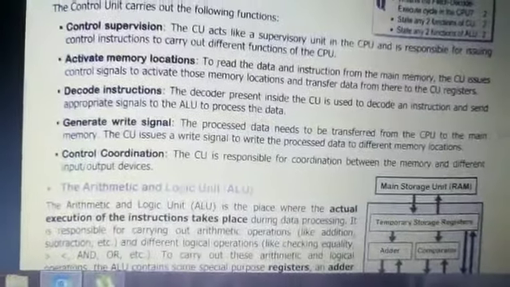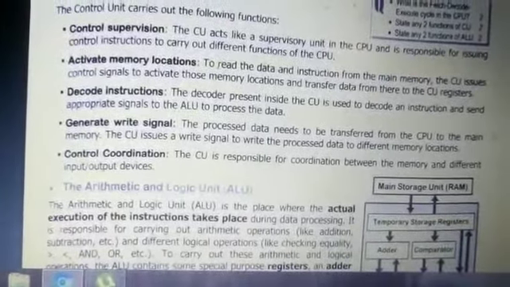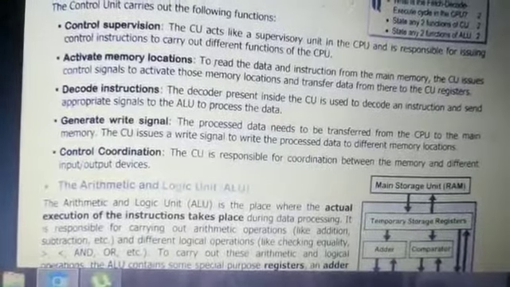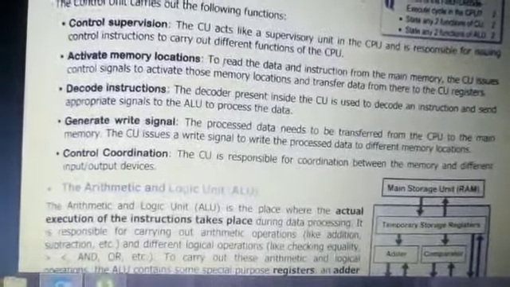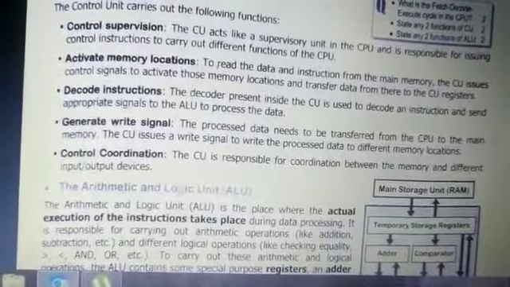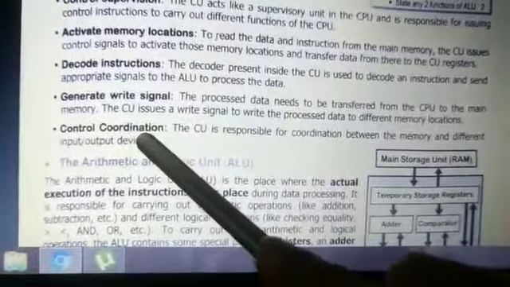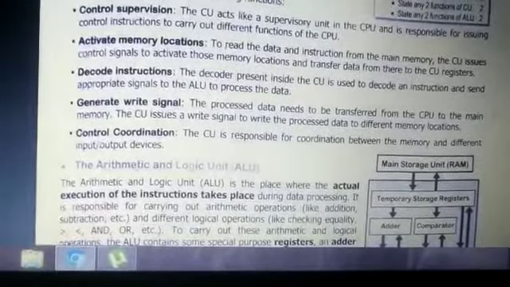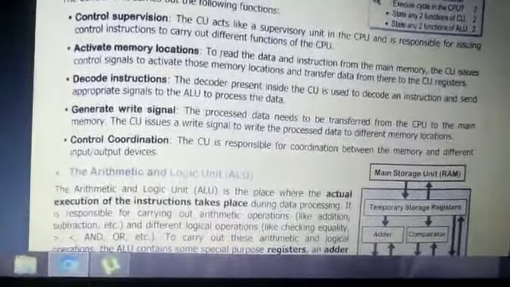So again, the CU will generate a write signal to the memory location, saying that this instruction we have executed, and this is the process information, we have to store it. From that memory, we will again go back to the output device part. Control and coordination: main memory to different parts of the input device, because whatever instructions come from the user, first it is stored in the memory.